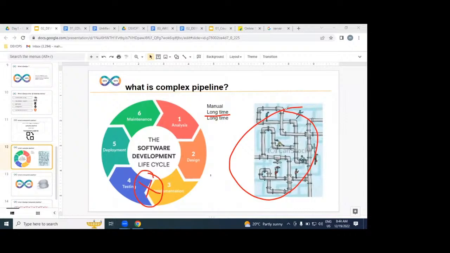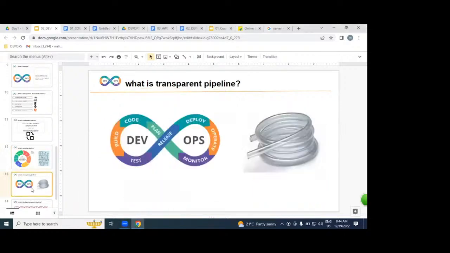The same happens in the SDLC process. If you get any issue, identification takes a long time, and resolving it also takes a long time. That is the reason we are going to replace it with an automated transparent pipeline.